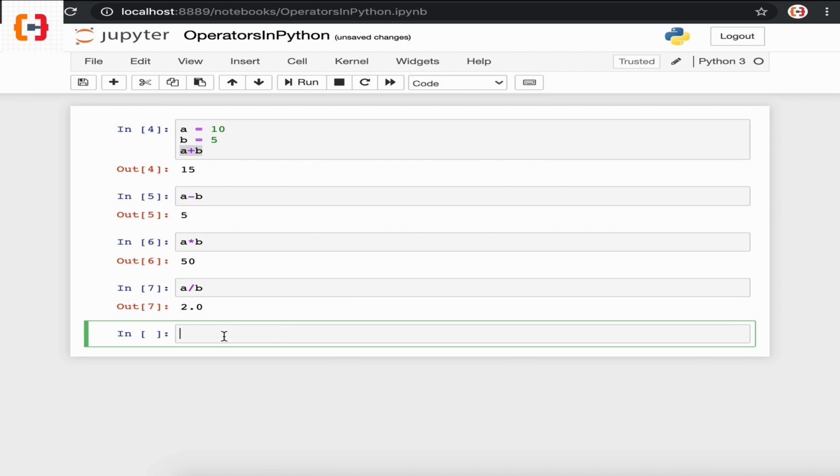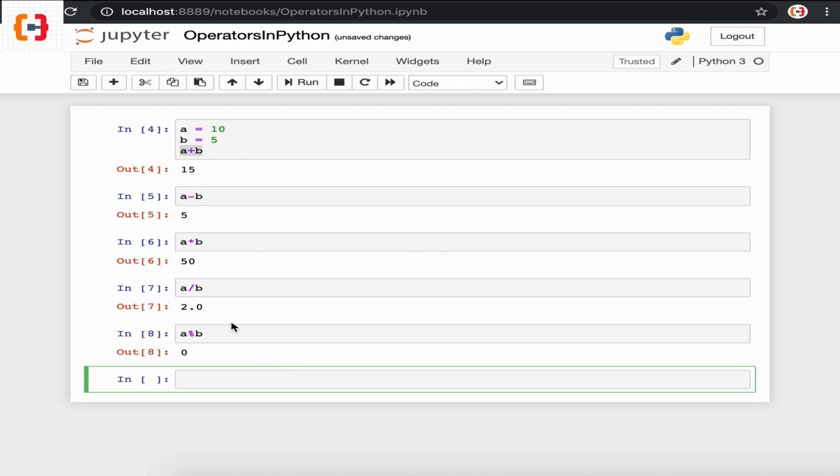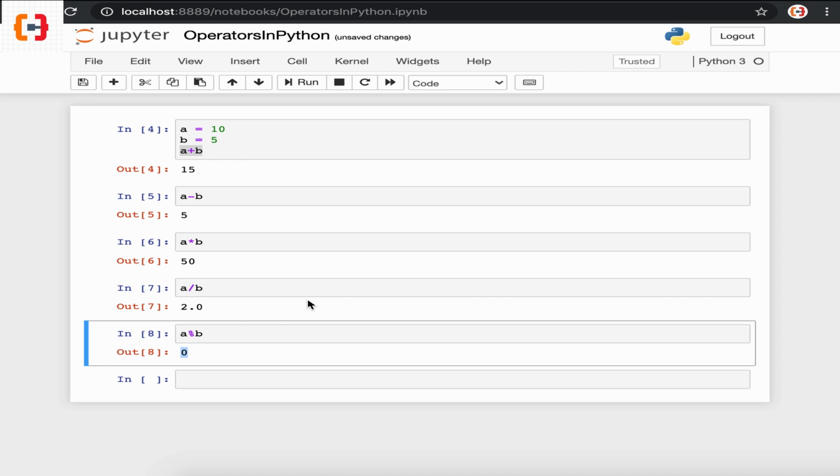In the same way, there are other arithmetic operators as well, like the modulus operator, exponent operator, and so on. Let's take an example of the modulus operator, which returns the remainder of two numbers. If we apply the modulo operator between the variables a and b, the remainder is 0 because a is completely divisible by variable b.